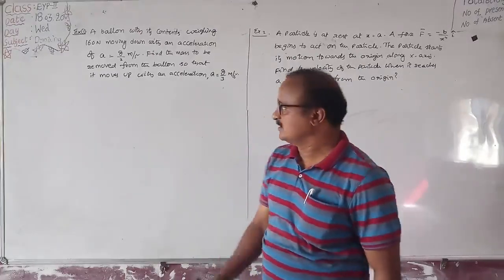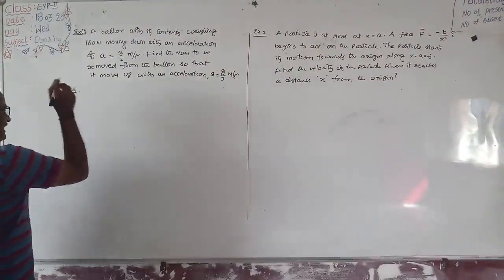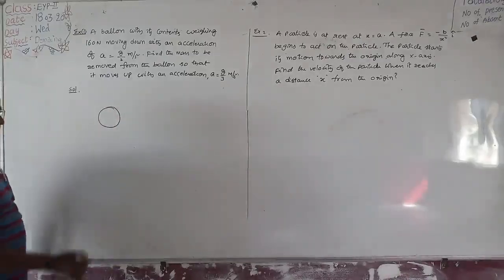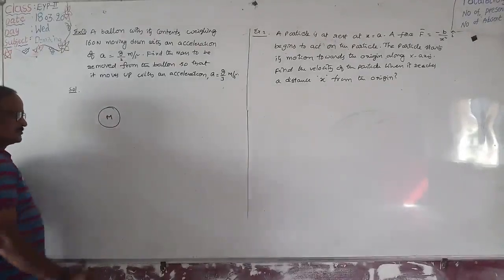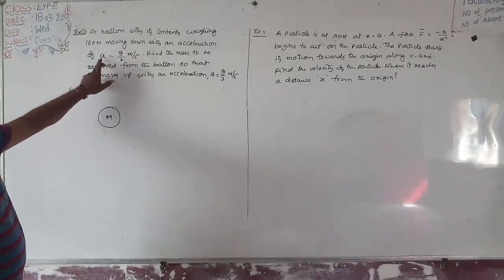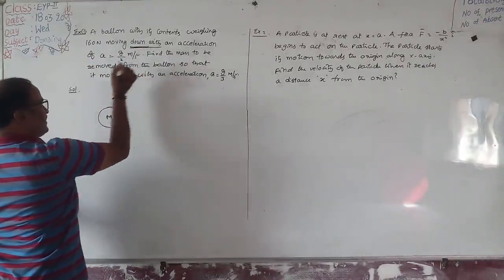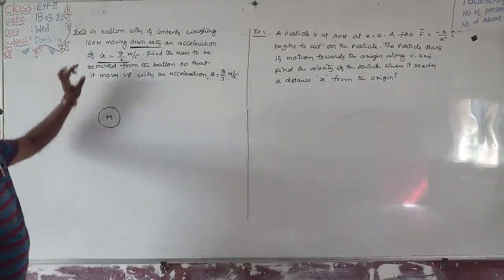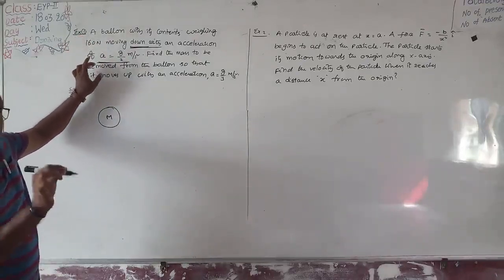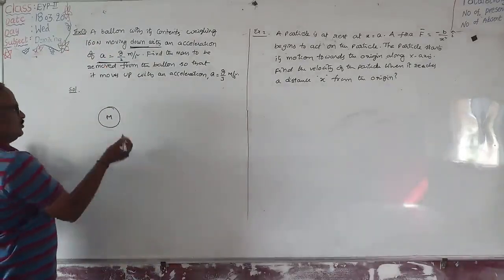Right? Okay. Suppose here, first one, let us imagine it is a balloon, right? Let the mass of the balloon be capital M, suppose. Initially it is given the balloon is moving downwards with an acceleration a is equal to g by 2 meter per second square. While reading the problem, compulsorily the given values must be underlined using a pencil for every problem. A equal to g by 2.